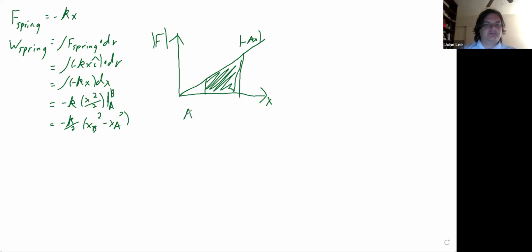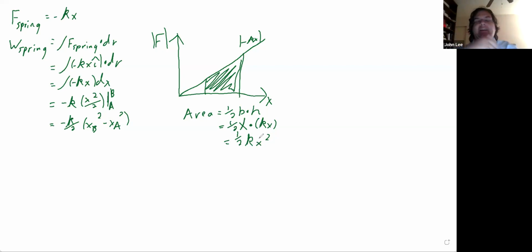So area, 1/2 base times height equals 1/2 x times kx equals 1/2 kx squared. This is going to give you the same values as when you just solve it